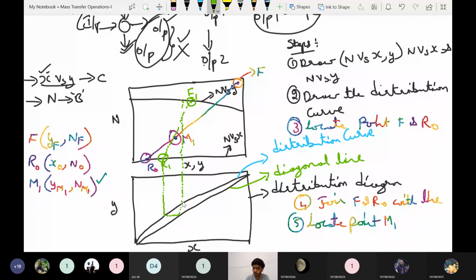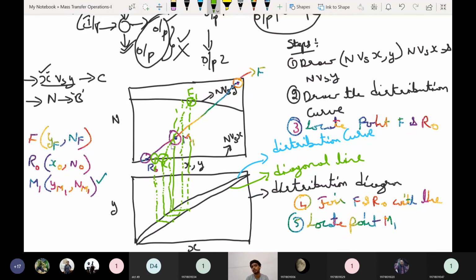See, if this is not falling on this one, this point is coming at this place, so our guess is not correct. So we have to move somewhat to the external side. If you guess this point like this, you draw a vertical line up to the equilibrium curve, then a horizontal line up to the diagonal. These points you have to take. So the point is moving in this direction. You come to know that you have to choose a point like here. So this point you draw up to the equilibrium curve, then you draw here. Then if you take this point like this, it will exactly go here.